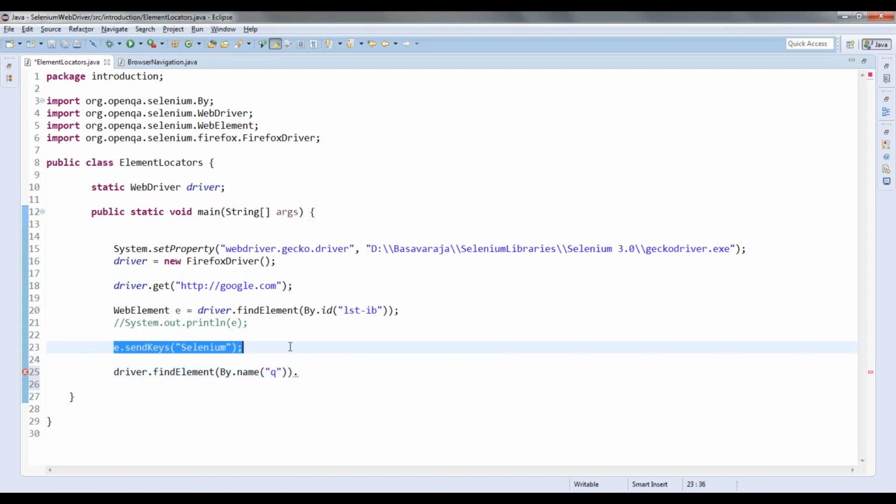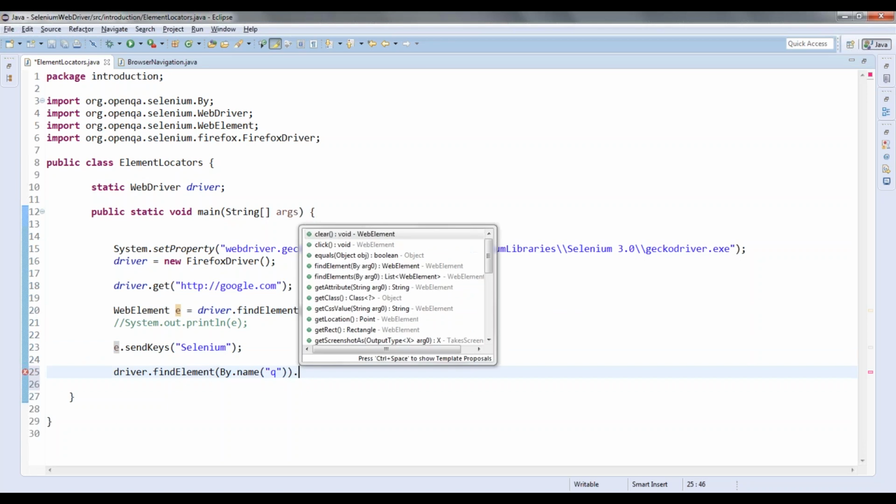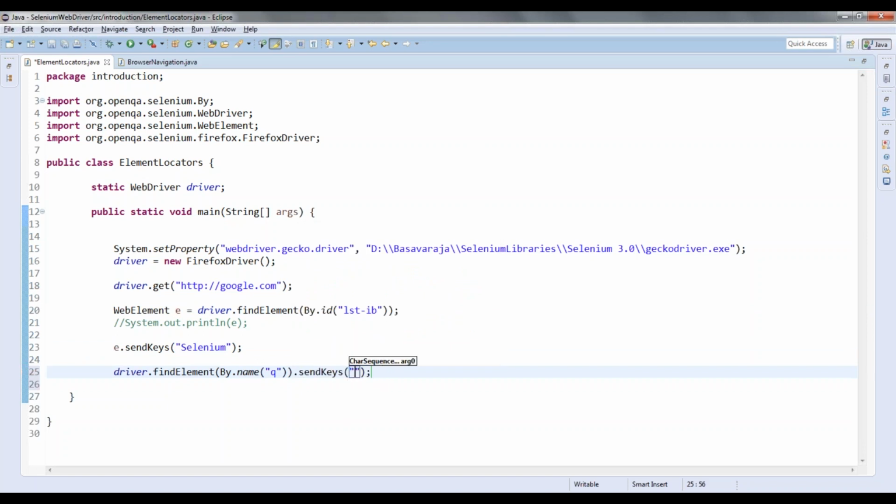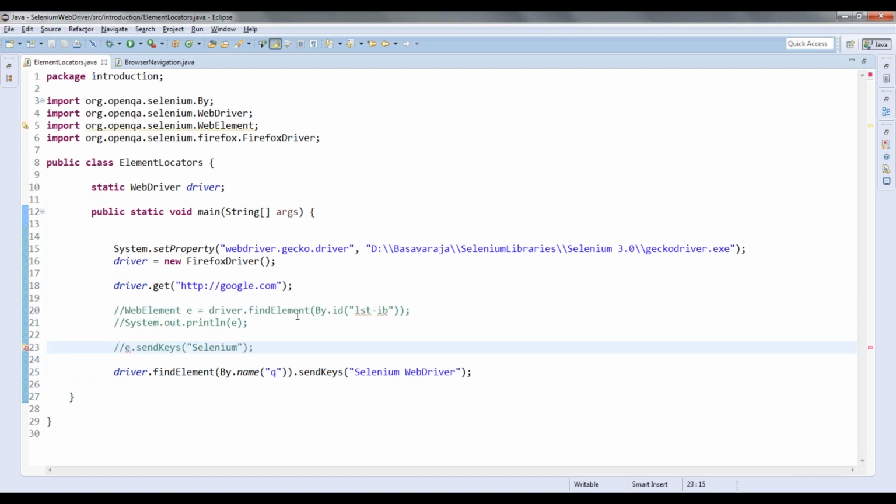It is similar to e dot, except I don't have to store the element every time; I can put it in one single line. So I will do sendKeys, and then Selenium WebDriver. Let me comment out the first one first. Even this will perform the same thing as e dot.